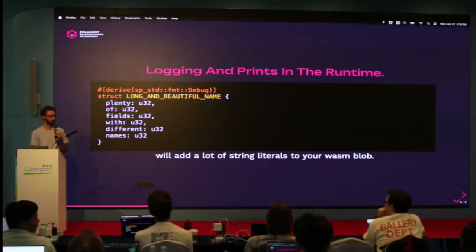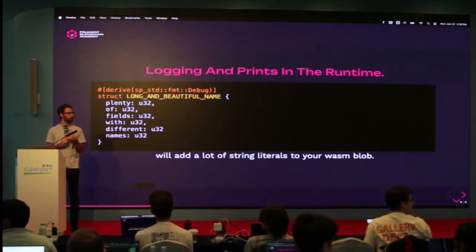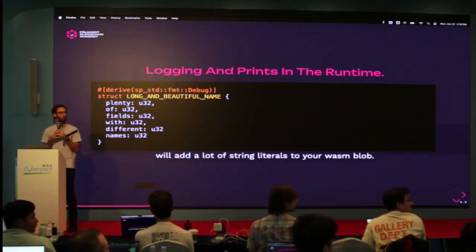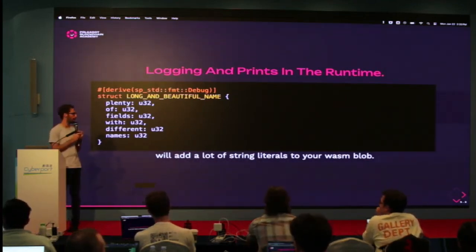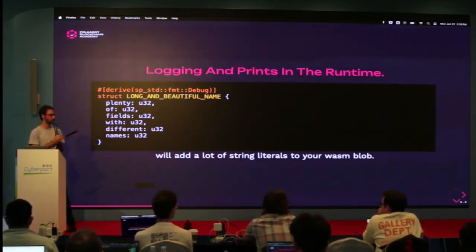Yep. Where are the throwable mines? Okay. So for I can assume the format debug